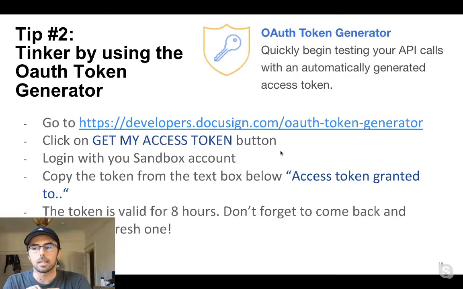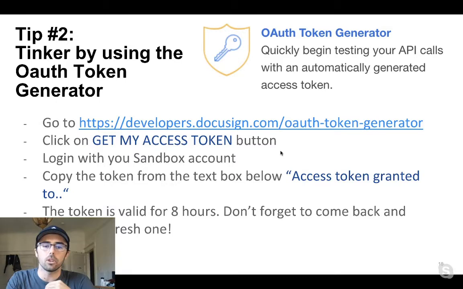This allows you to not have to implement full authentication and just generate an OAuth token to use either via Postman or via your code. Now, one important note is that this token is only valid for 8 hours. So it's great for a hackathon in that you can kind of test and tinker. If you're doing a full integration, or after the hackathon, if you're building out an integration, you will need to implement one of the various types of authentication, whether it be authorization code grant or JWT or implicit grant. But for this hackathon, this is more than sufficient.